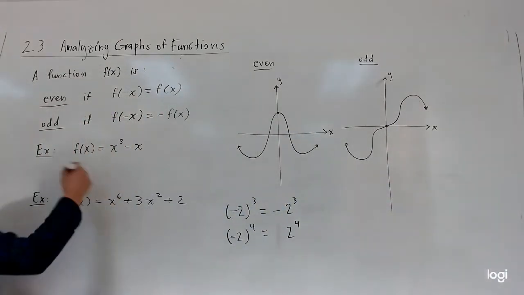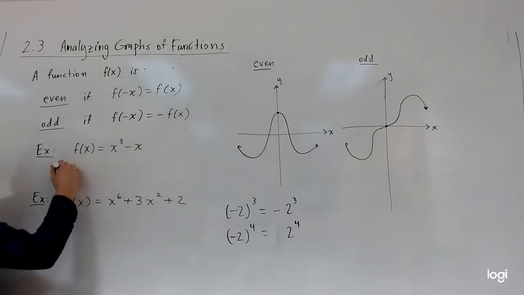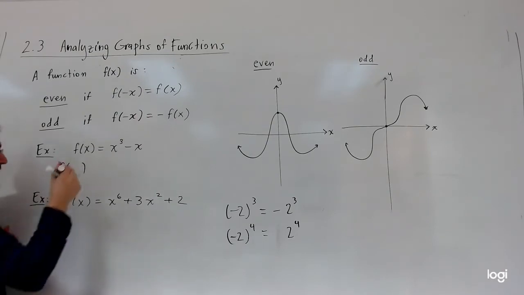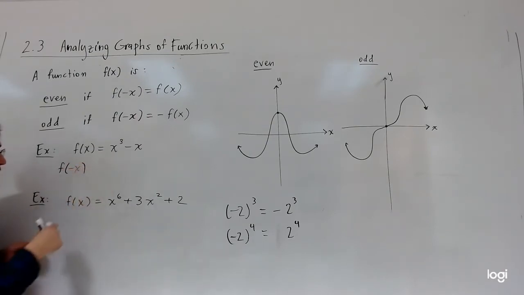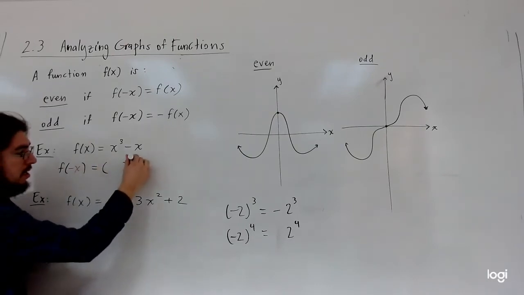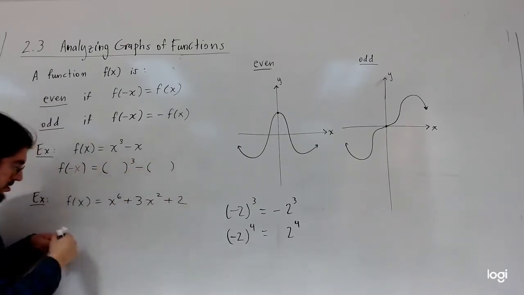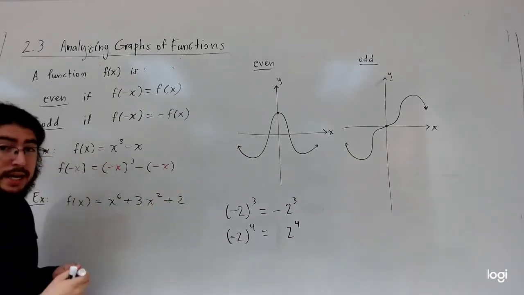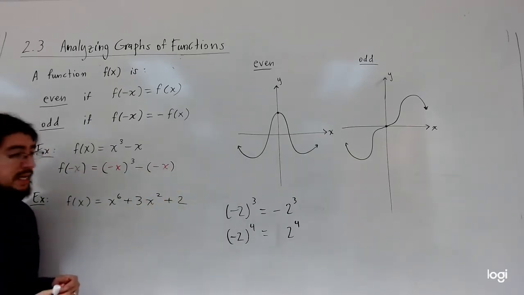So for this one, we want to see if this is even or odd. We're going to replace x in the function with negative x. And let's see what happens. So anywhere I see an x, I'm going to write negative x instead. Just like that. And what do we get? Well,